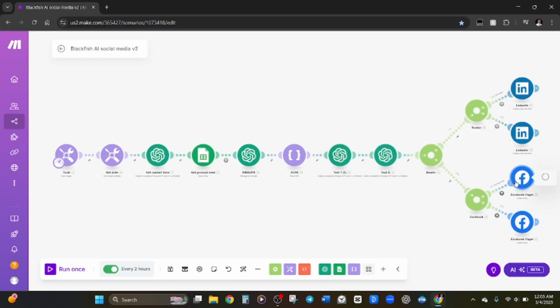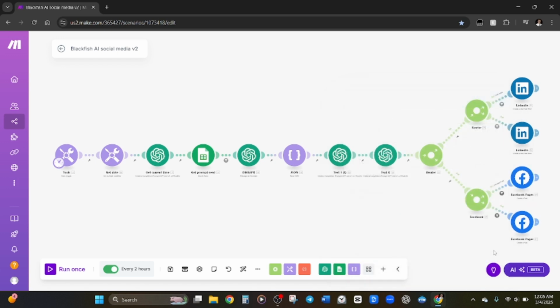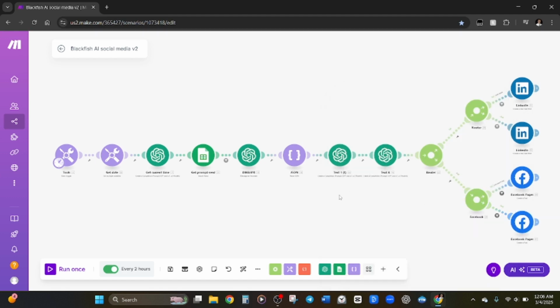Pretty much the same thing here with Facebook. It'll just give us the post if it doesn't have a link. If it does, it'll give us a link and then the result. So that way we have the flexibility of